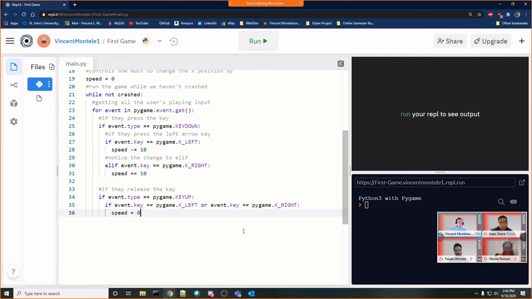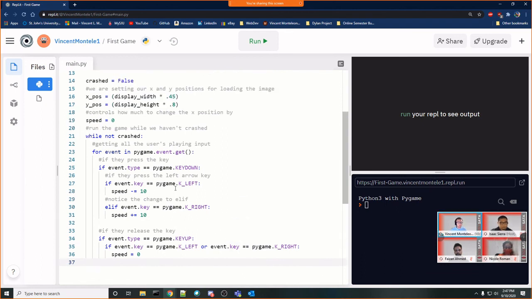And I'll send out my code snippet to all of you guys at the end in case anything is not working for you or in case you weren't following along for the whole thing. All right. So just a couple more lines of code and we will be able to have this all running.